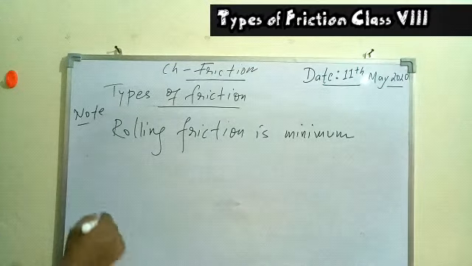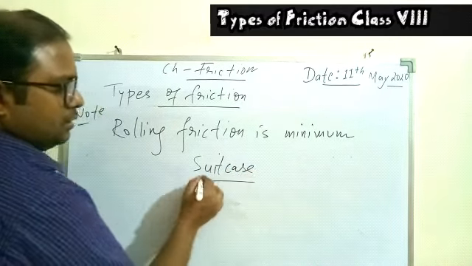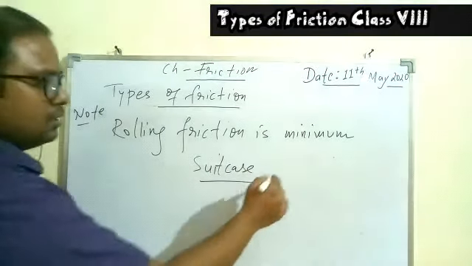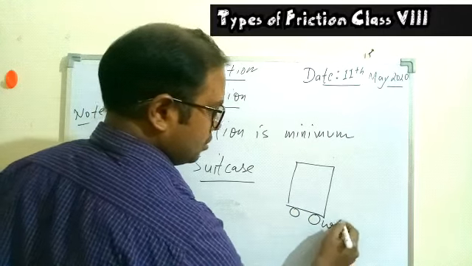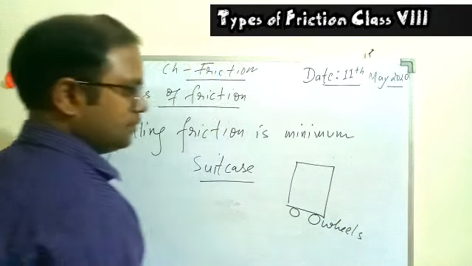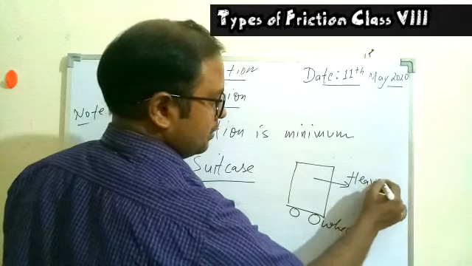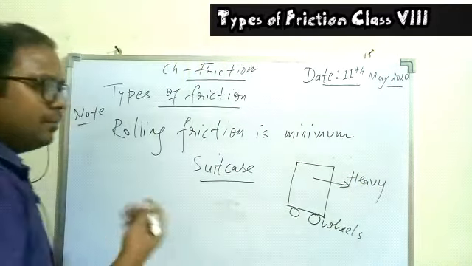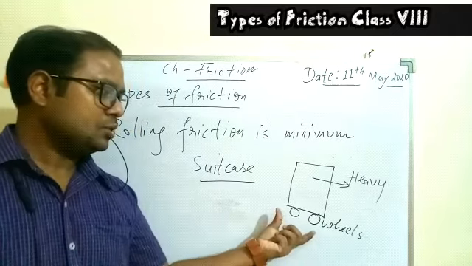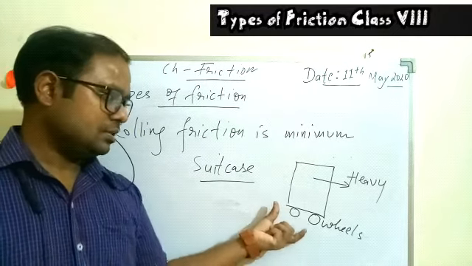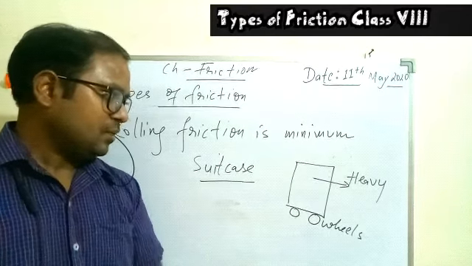So that is how we have different suitcases also. Now the suitcases we have available in the market, the trolley system we have, the wheels are attached, and with the help of the wheels you can carry the heavy bag. So a heavy bag, a heavy suitcase can be easily moved on the surface once we attach the wheels. So that is how the science is applicable in real life.